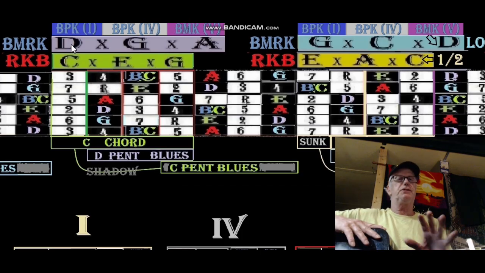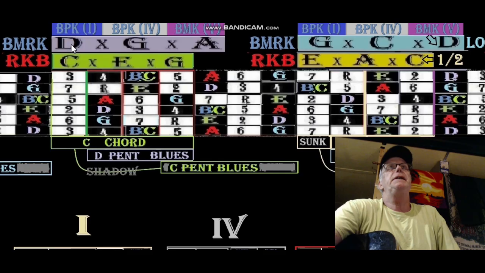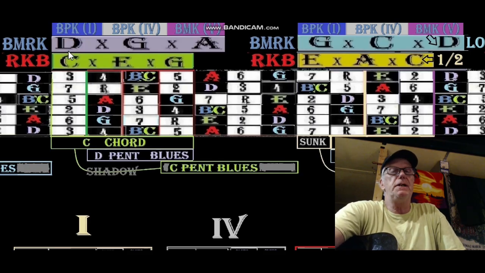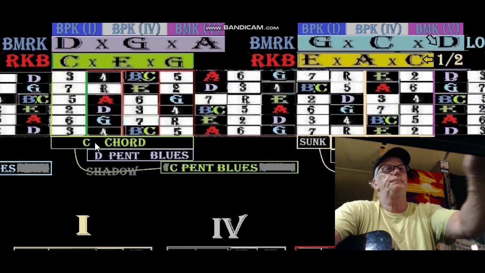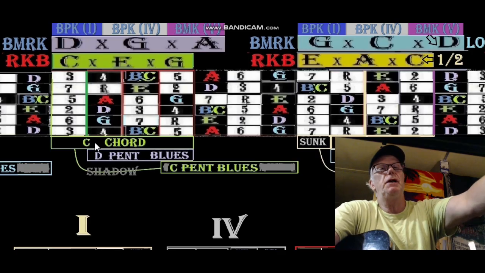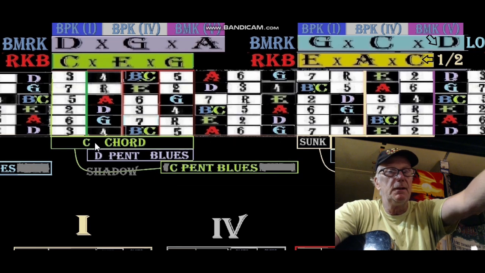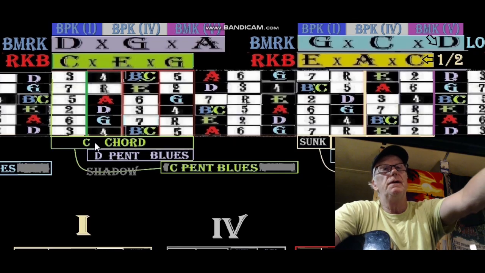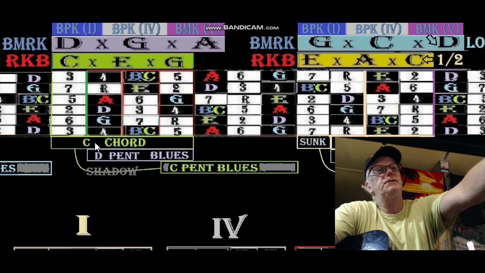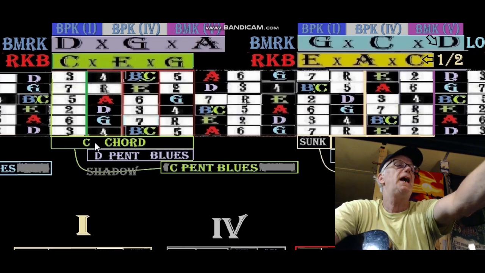Now the other two notes in the blues scale you get for free, and I know I've said this many times in my previous lessons. You get them for free because the way we derive the D Pent Blues is we take a C and change it to a C minor 7th. That gives us two of the blues notes. Then we look at that C minor 7th as the relative 6th of D flat. Then we're going